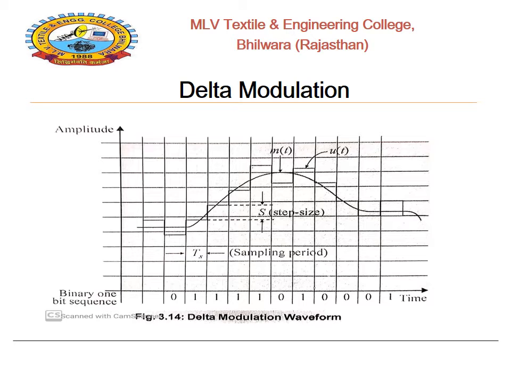Next, to approximate the continuous signal, the staircase approximation increases, that means the step size increases, and that is represented by 1. Again increasing, 1; again increasing, 1; again increasing, 1. When next it decreases by the fixed step size s, that is represented by 0. Next again increasing, that is 1. So the conclusion is that when the step size is increasing, it is represented by 1, and when the step size is reduced, it is represented by 0.